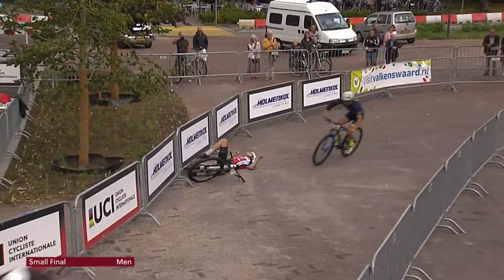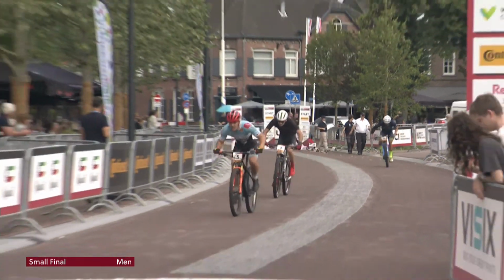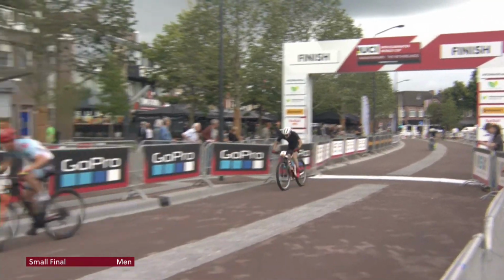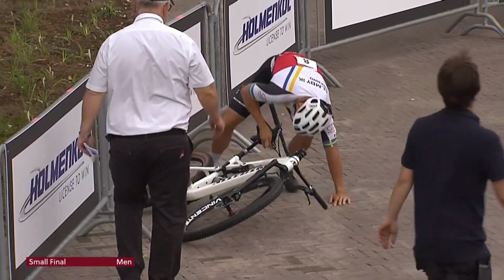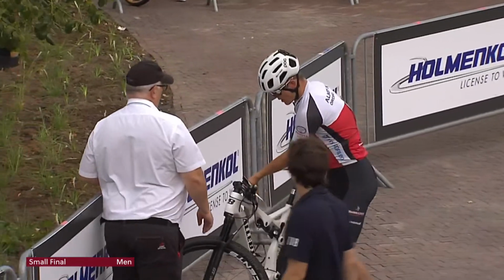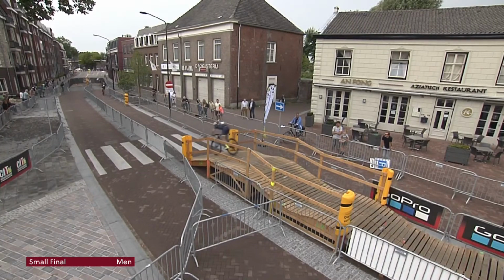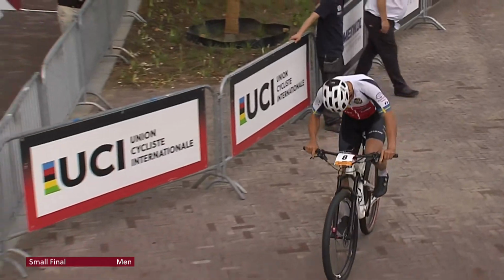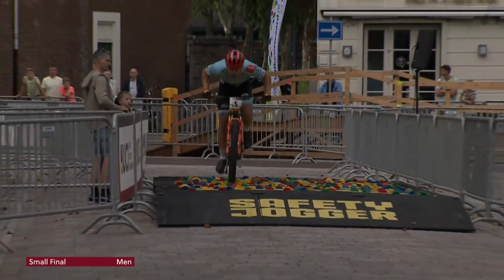Oh, massive slide out, big slide out, and that is going to hurt. That's not what you want to happen. And that corner, we said it tightened nastily, and that's exactly what happened as it came round. It tightened up, and one slip, one slide, you go from hero to zero. Fortunately, the rider looks like he's all right, much better than the bike, which has to have the bars turned around there. Now, that means he's only going to be getting, say, 8th place as long as he finishes,